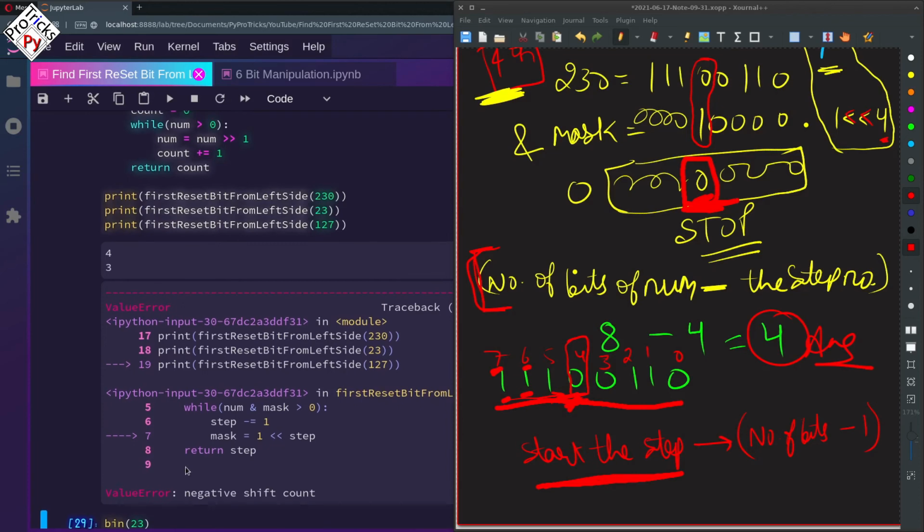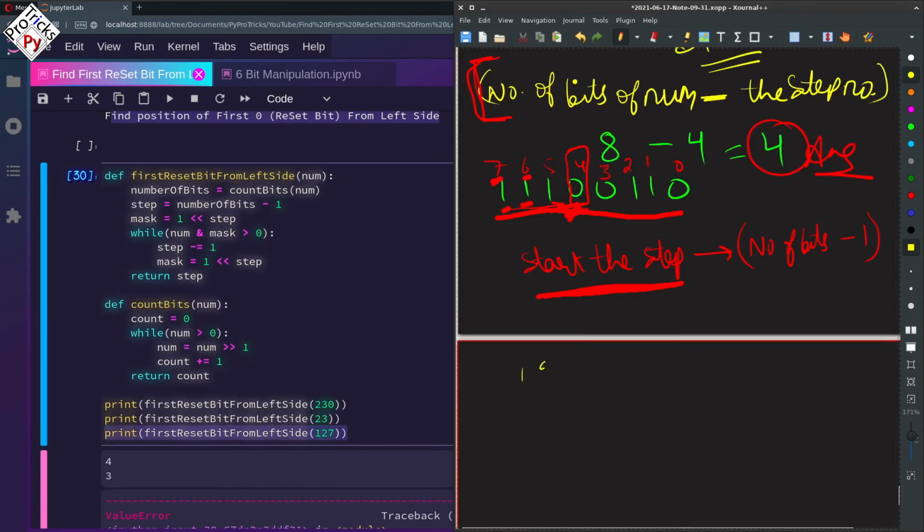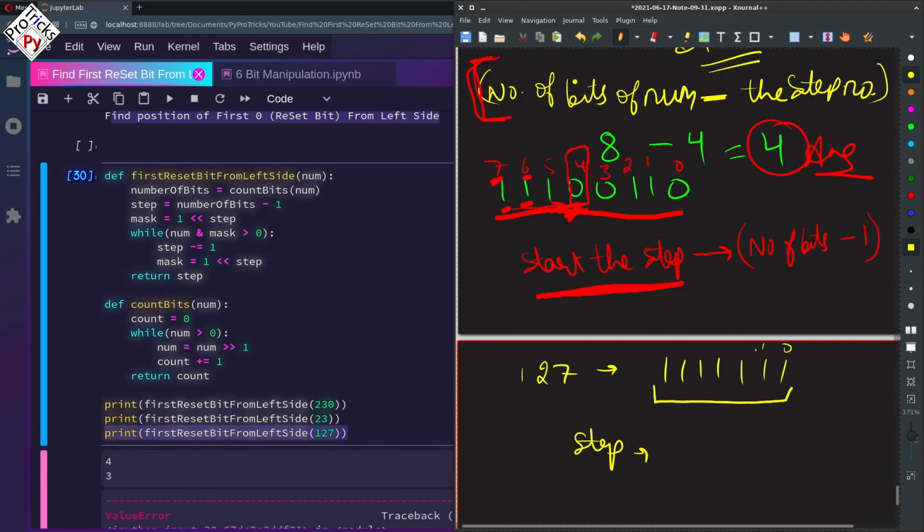Because it went on. For 127, what has happened? So here is the number 127 and its binary representation is 7 ones. So here we have all of the ones and we don't have any 0. So the step went from 6, 5, 4, 3, 2, 1 to 0 and then -1.